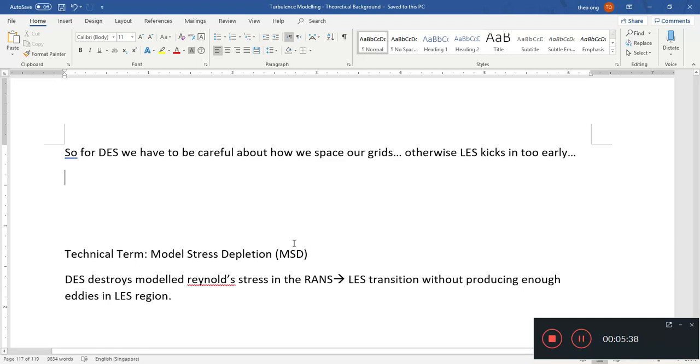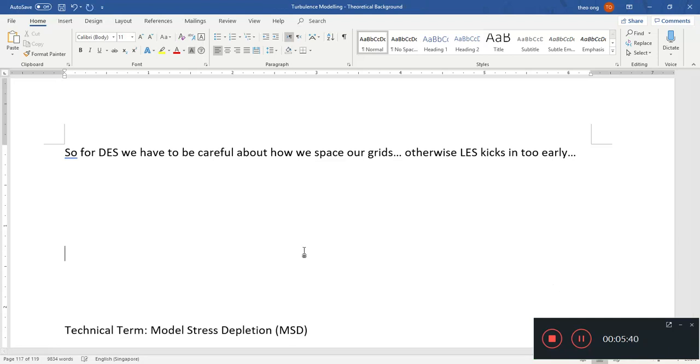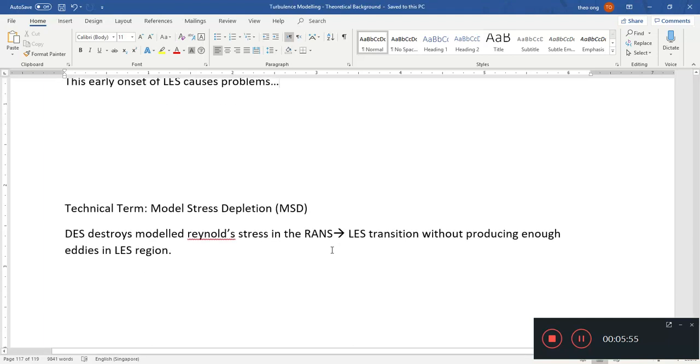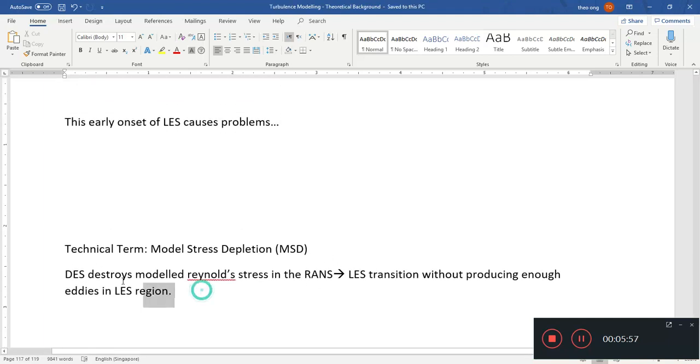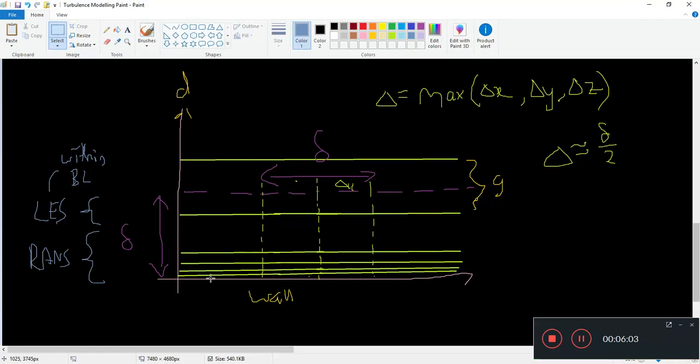What problem does it cause? So this early onset of LES causes problems. What's the problem here? How do we put this in more simple terms? You have a situation here where, let's say, over here we have